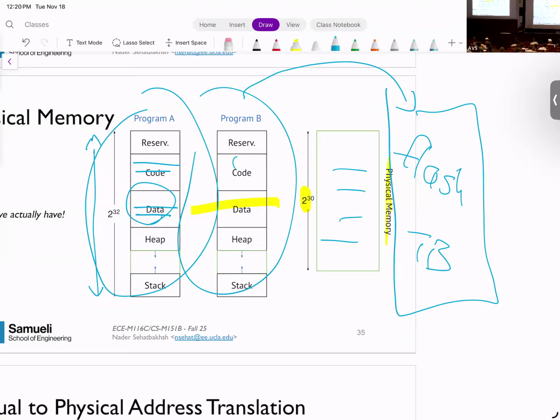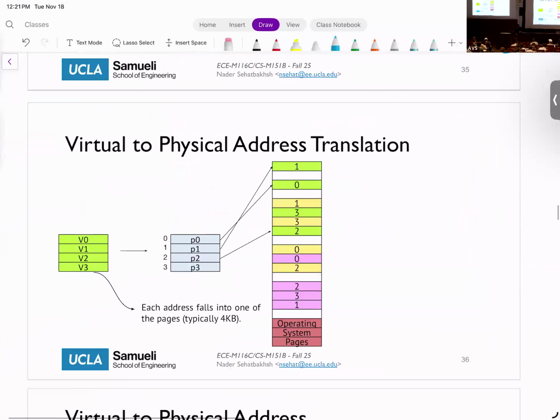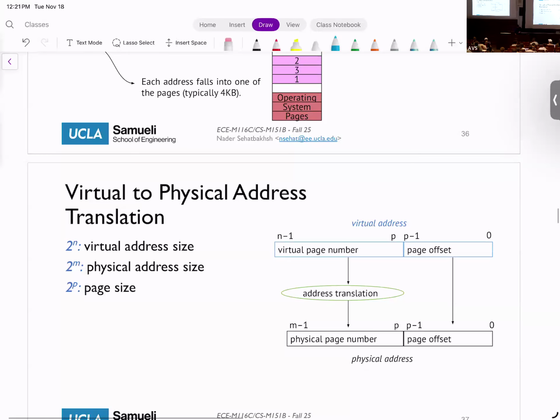Okay, so just keep in mind that your data is still there in the flash, but not everything will be loaded into the main memory. Okay? All right, going back to this, we have this address translation between virtual addresses and physical addresses. Okay? So this is the process and how it looks.